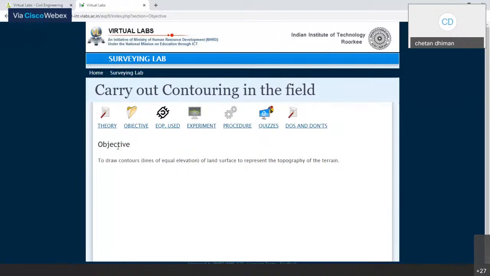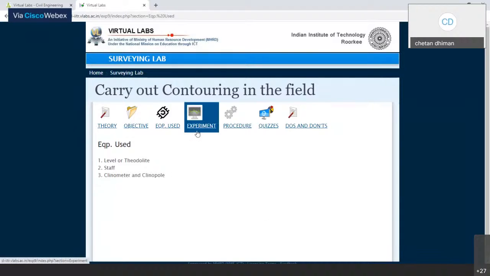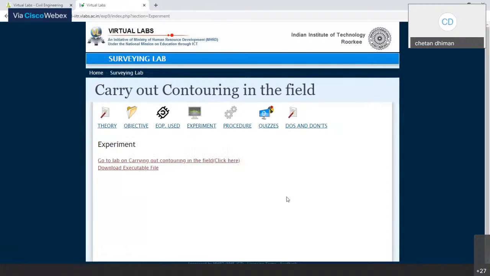Then we have equipment used, that is, what type of equipment you are going to use in this experiment. And then when we click on the experiment, you will get two links. Suppose you have a good internet connection, you just click on the first one, go to the lab on carrying out contouring in the field.